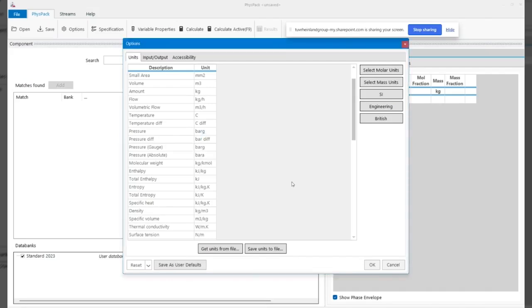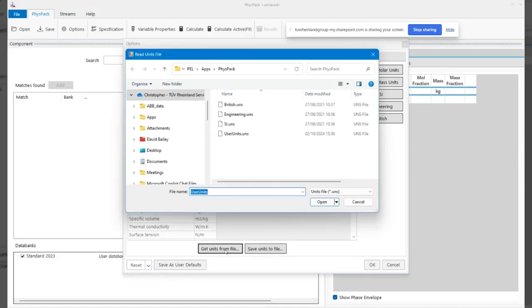It will say, do you want that as the application default? And we could press yes, and there you go. I've got the default set. But what you can also do is save these as different types of sets. So we've got these ones here, SI, Engineering, British, but you could create your own set, save them, and then